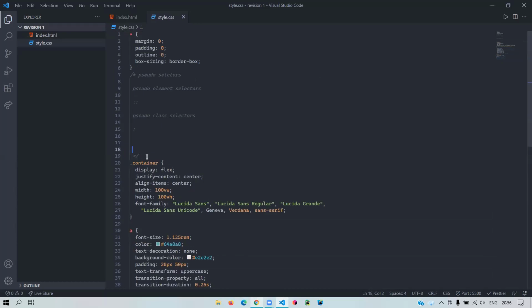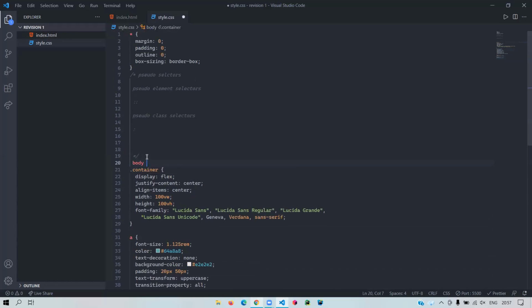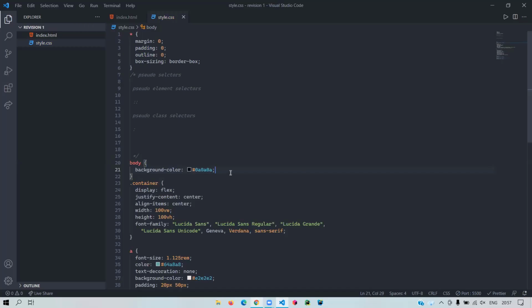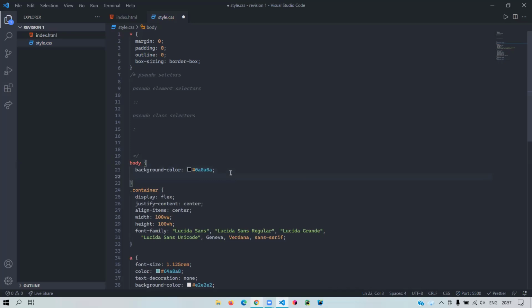Now I will go over to pseudo elements. This is my body right now, and I'll add width and height. Why not?